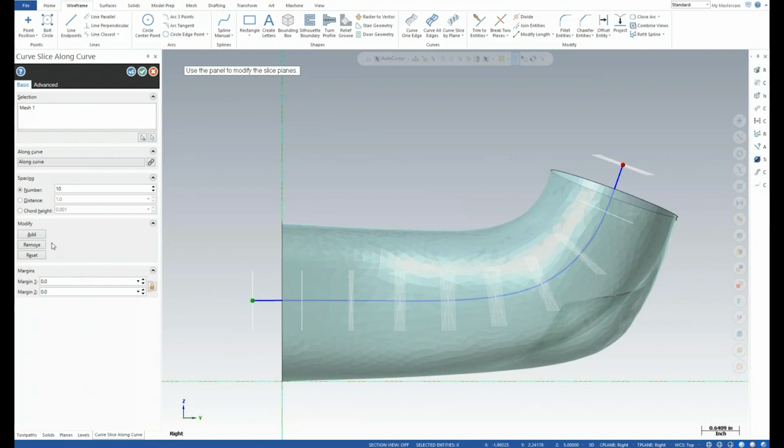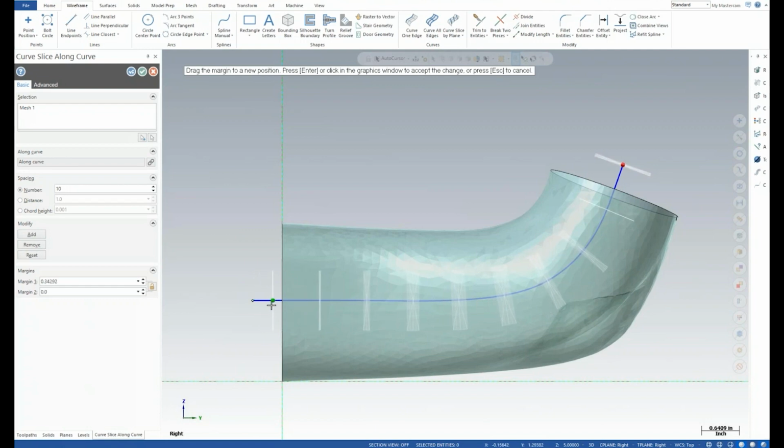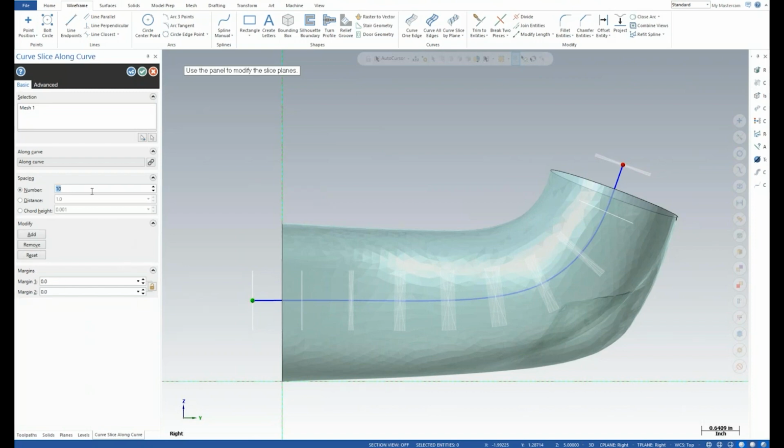That's simply done by coming over here to add. Actually, let me back up a little bit first. The spacing of these plane slices is controlled through 3 different methods. We default to a number, and we just chose the number 10 so you would see something. With that number, it's equally divided along our axis. You could change the margins and shrink those, but we're going to leave those alone. If I say 11, we throw 11 in there.